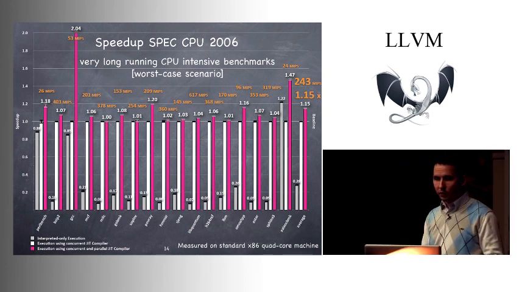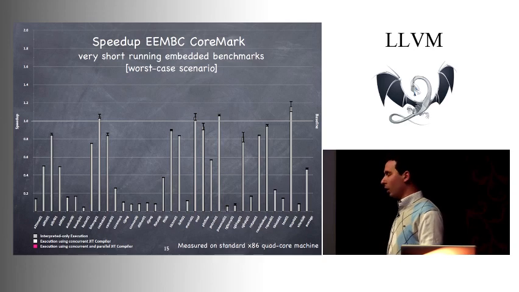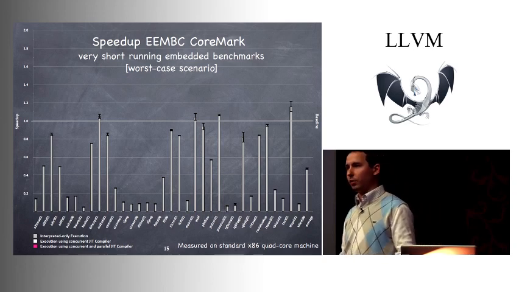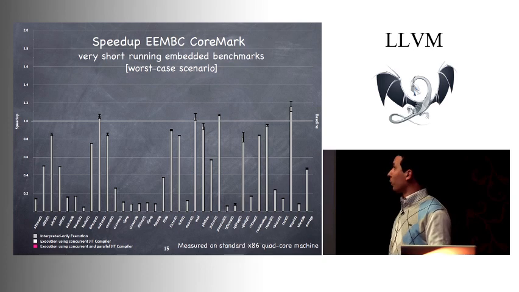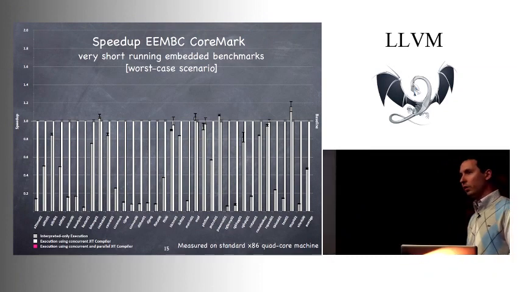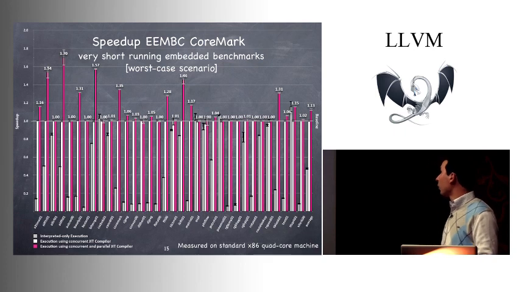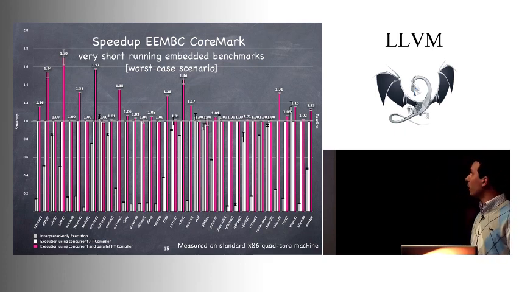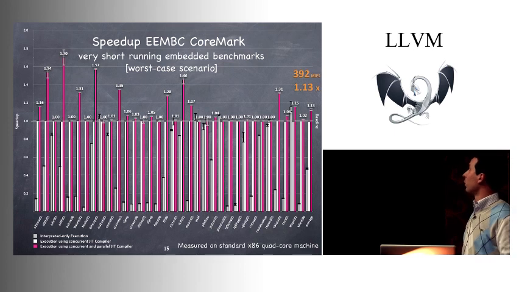And then finally, at the other end of the scale are the very short-running embedded benchmarks from Embassy and Cormark, where some of these, even in interpretive mode, run sometimes below 2 seconds. For such a benchmark, a JIT compiler can't do much. So what we want to show with this evaluation is that even for that extreme case, where you might argue that even the startup of the system, where we spawn 3 JIT compilation threads, would slow it down, we're still able to achieve that there's never a slowdown, and overall we have a 1.13 speed up on average across the whole benchmark suite,